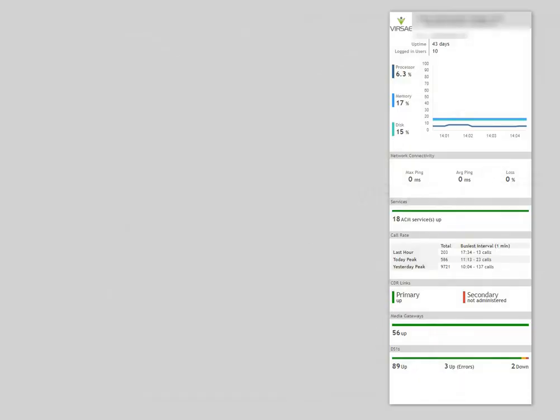In this video, we're going to cover off very quickly a very common problem that we see across our base with media gateway synchronization. Now, this is a real simple way to both improve voice quality and also the reliability of your trunks. So what I've got up here is a typical dashboard that we see, and this customer is